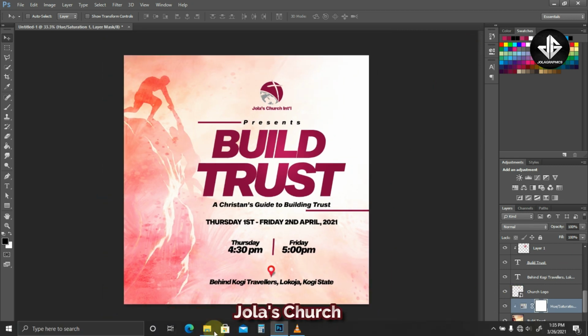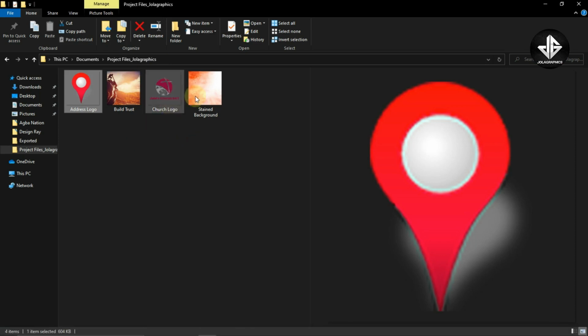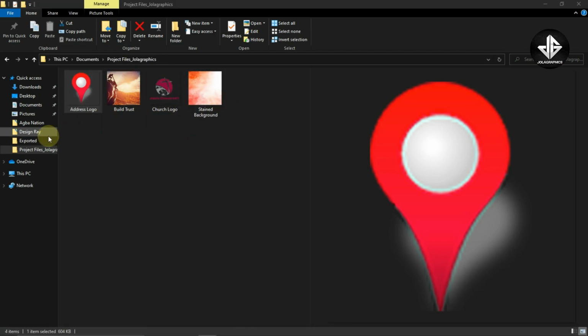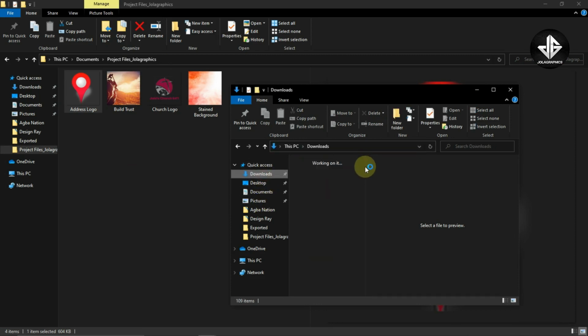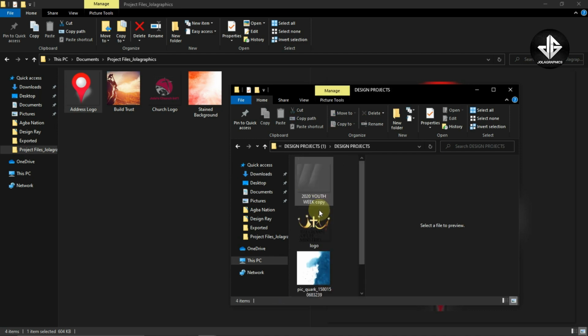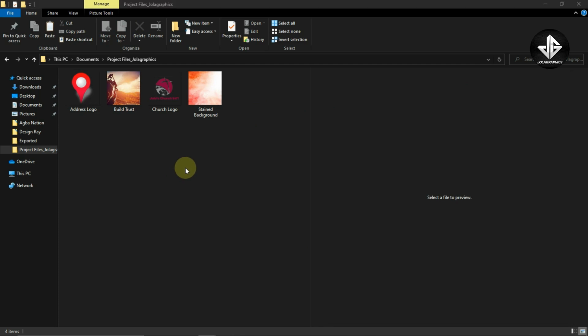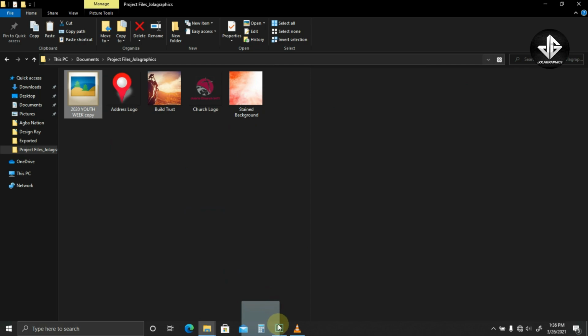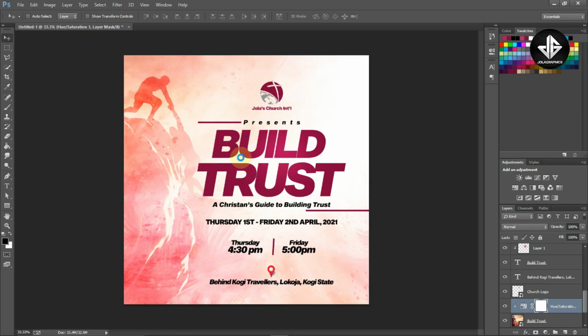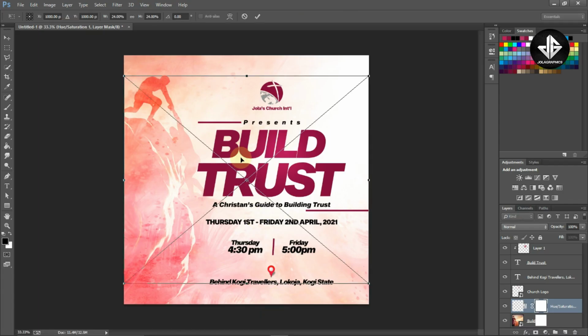So one last thing I want to do, I forgot to add it to our list, so I'm just quickly going to come over to download. Yeah, I downloaded it from here, so I'm just going to copy this now and then paste it here in the project files. So I'm just going to drag this straight to Photoshop, then hit enter,